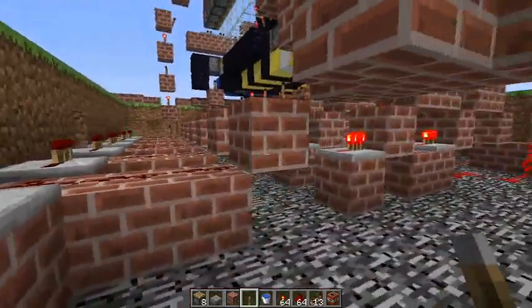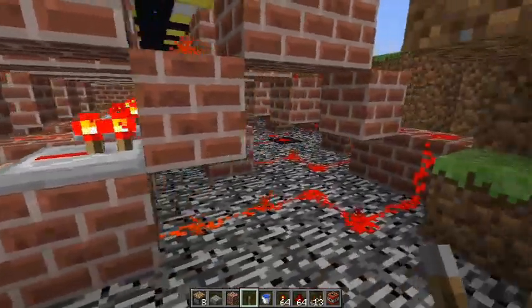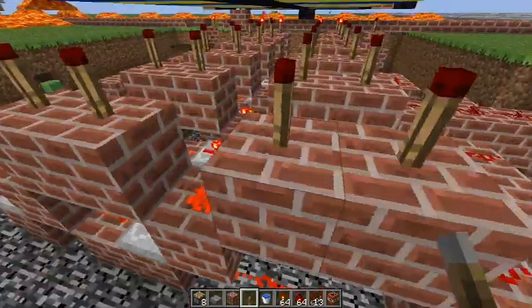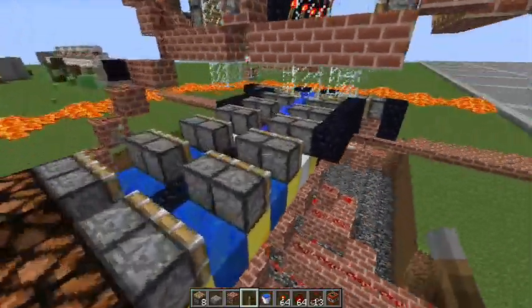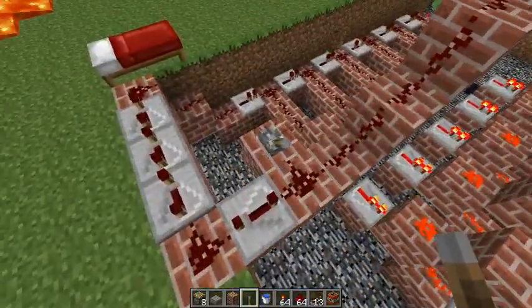Okay, so when power goes and turns off this torch, it kills all this power, which will then leave all these on. I was thinking about branching it so it goes in both directions, so they'd go in unison, but it was kind of pointless. They're pretty close to unison. If you look right here,